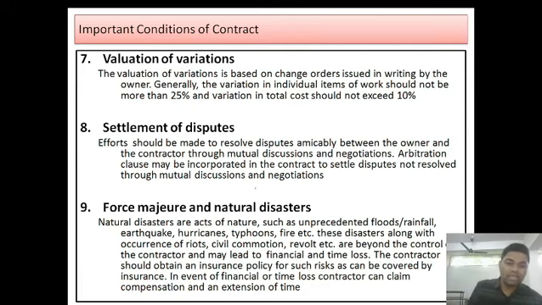So basically in this scenario, if force majeure and natural disaster risk is on account of the contractor, then it is better for the contractor to insure that project. What happens after insuring the project is, if any natural disaster occurs, the company with whom the insurance policy has been made will be responsible. They will be responsible for the loss of the owner, and the contractor can escape from those problems.